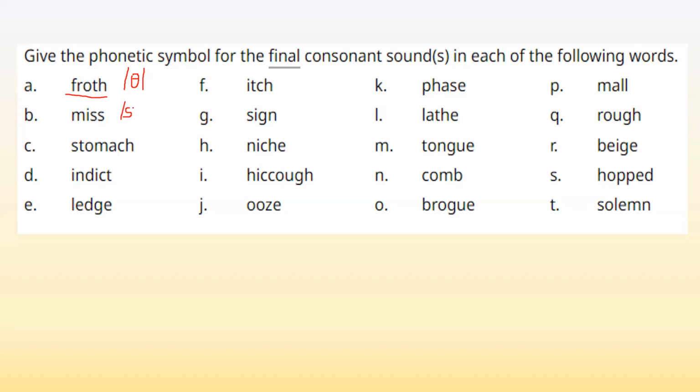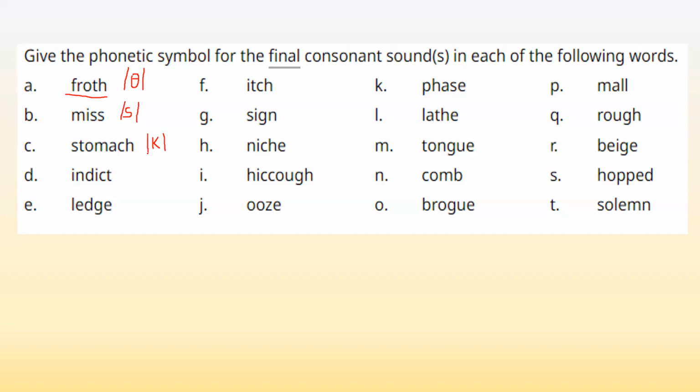S. Final consonant. And stomach. Stomach. So don't go by the spelling. If you stick yourselves too much to the spellings of these words, you definitely will miss the pronunciation. So just look at the word and pronounce the word loudly or in mind. Then you will catch the correct sounds there. So the word is stomach. And the final sound is